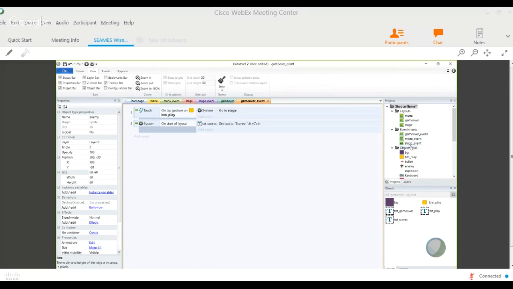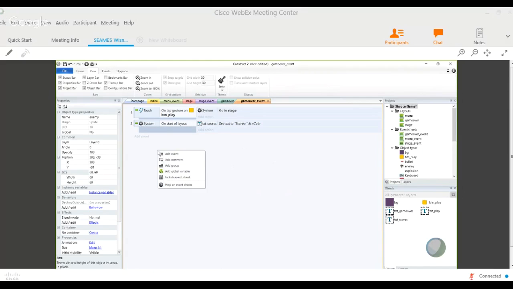Game menu, stage, and game over. If we have some duplication, I think this one, menu, play, and then this one also play, we can also